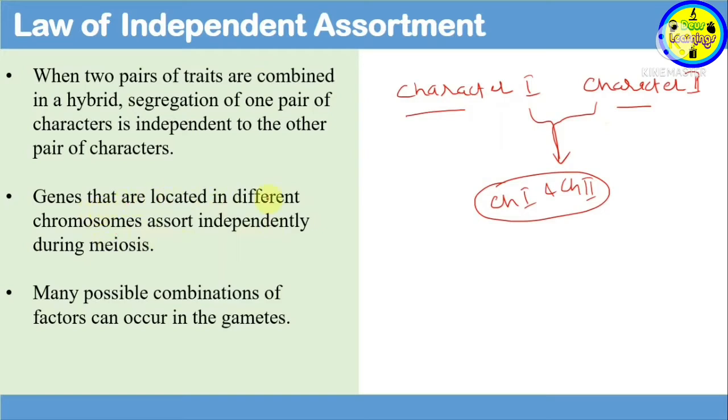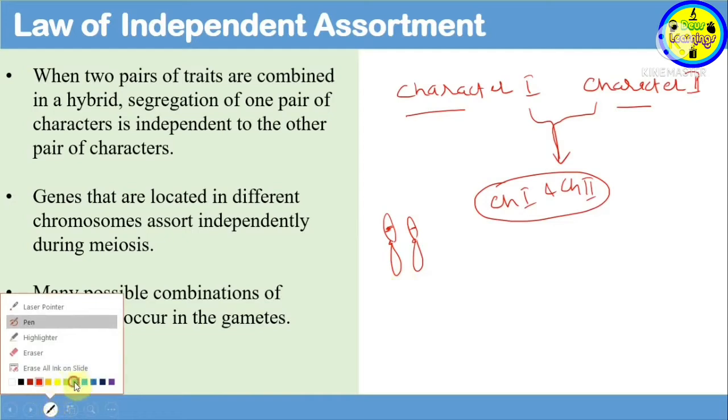Genes that are located in different chromosomes assort independently during meiosis. As I told you already in the last video class, the genes or alleles which are located in a chromosome assort independently with each other. For example, if we have a gene for length and another gene